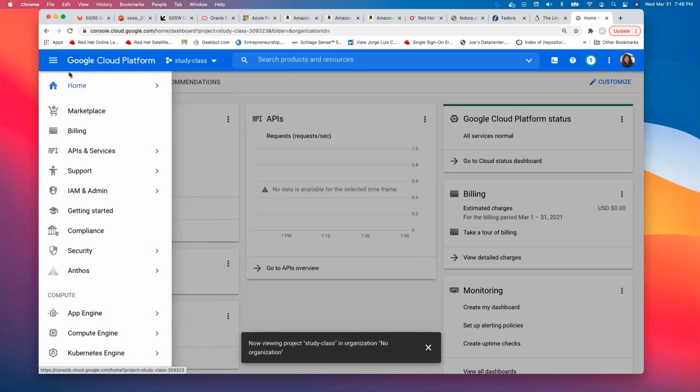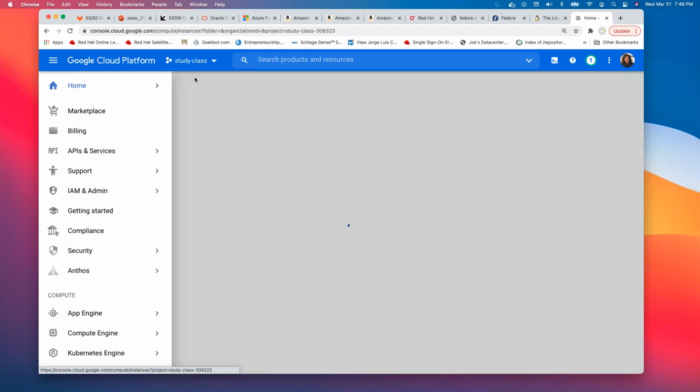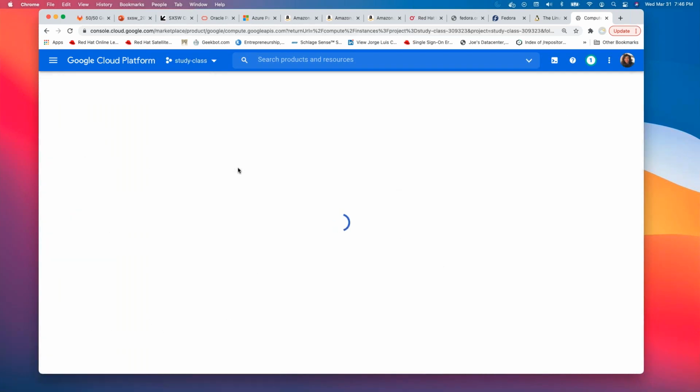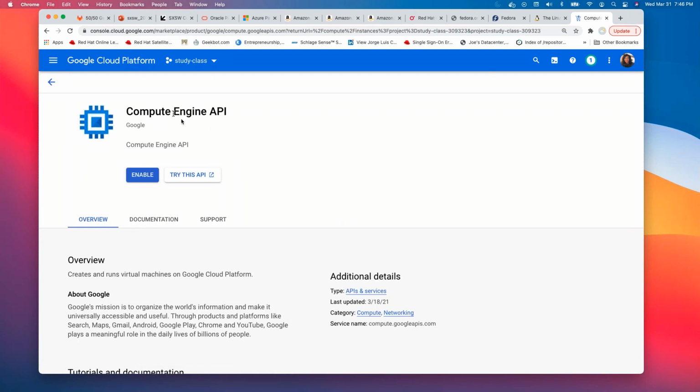So if you click here and you go down to Compute Engine, it's going to get you your VMs that you want. You click on VM instances. It should come up and say enable. Oh yeah, I need to enable. It's a whole new project, so I need to enable everything. This is my API engine, and I may have to go back to my other one because there are a lot of things I need to enable. But either way,